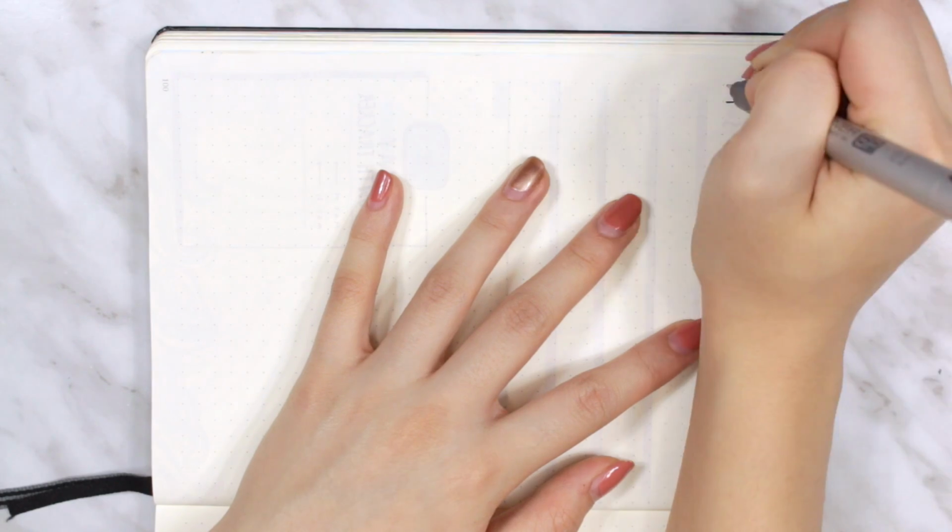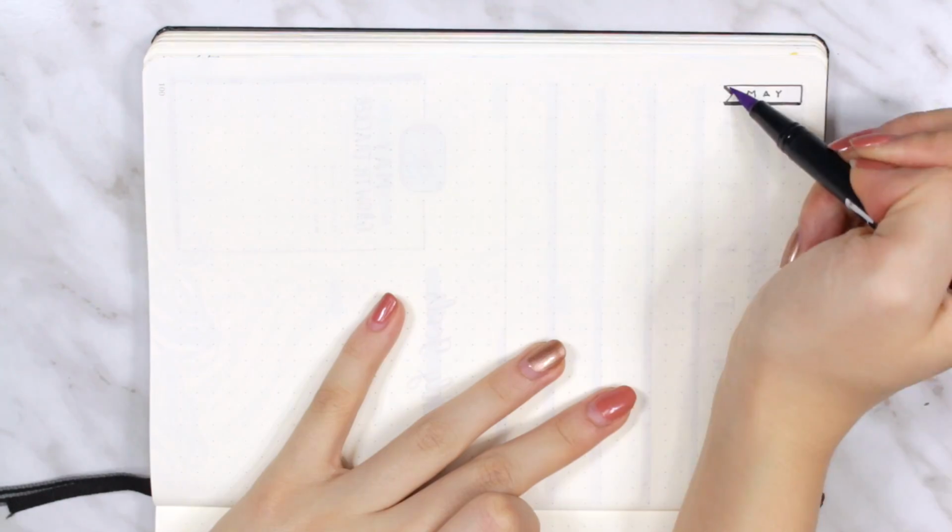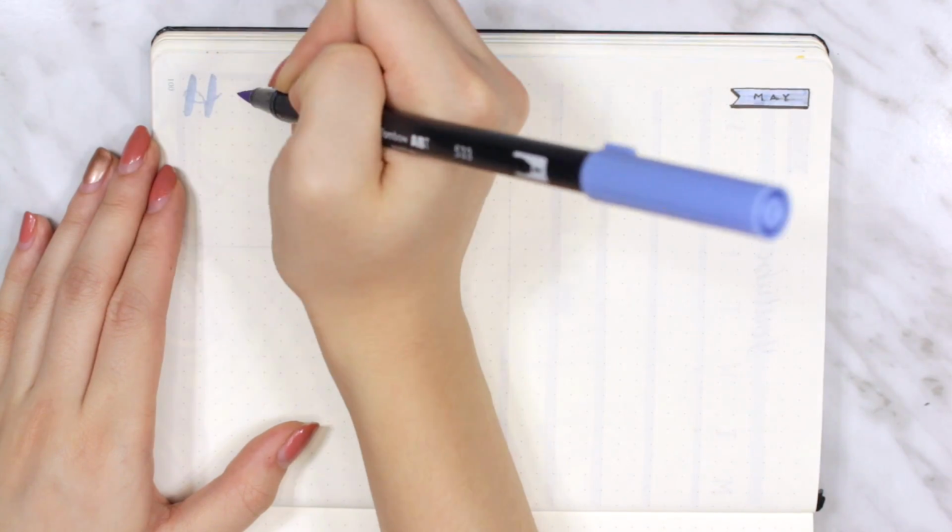I used my Tombow dual brush pen to do some calligraphy for the titles, and I mentioned in my last